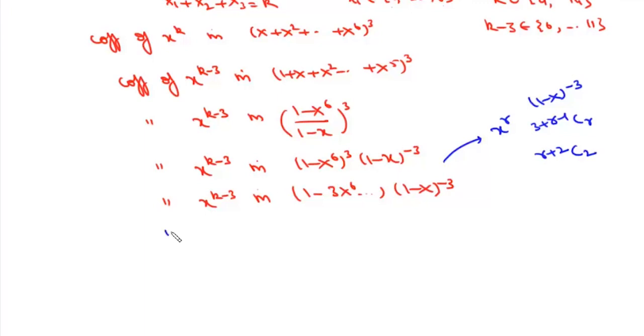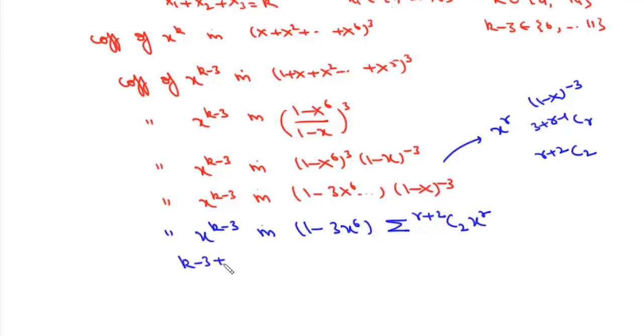So it will be the coefficient of x to the power k minus 3 in 1 minus 3 into x to the power 6, and then this binomial summation of r plus 2 C 2 x to the power r. Now we get the coefficient of x to the power k minus 3 if we take r as k minus 3. So it will be this,